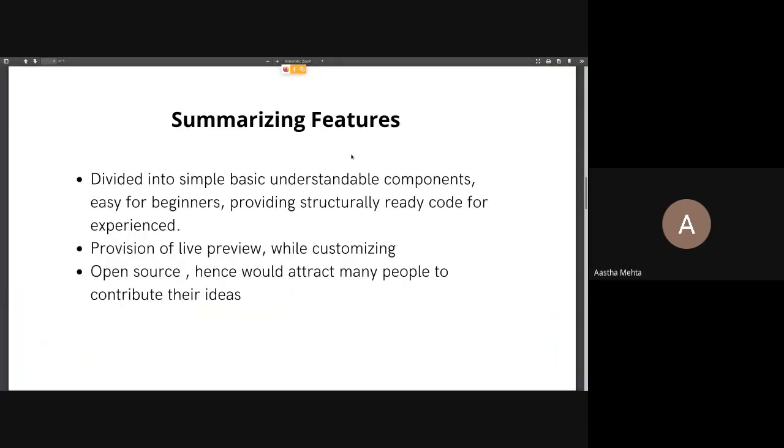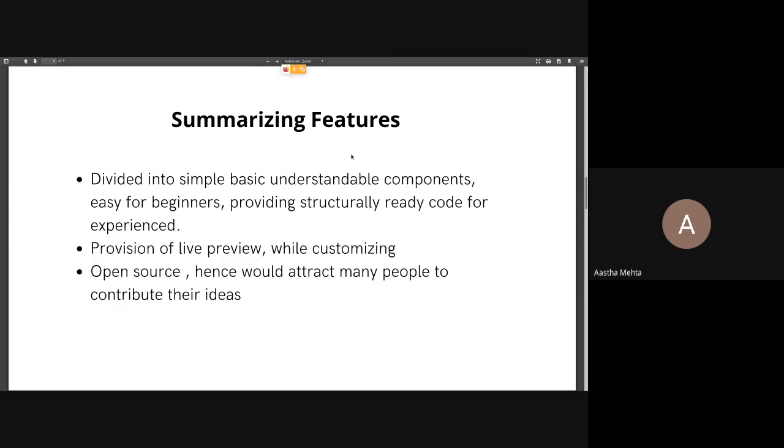So, summarizing the features we have built for our site. Our site is basically divided into various components or pages. One is the about our team homepage, and the other is the elements page, which shows currently uploaded elements which are available for use.